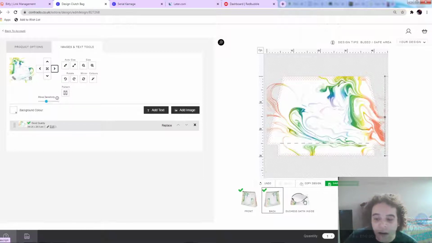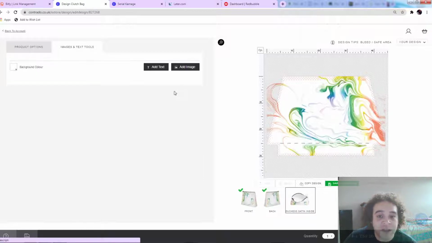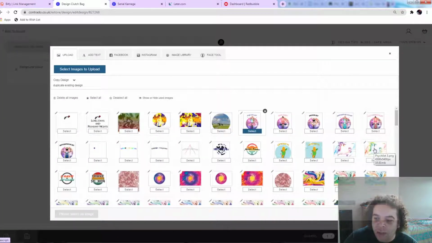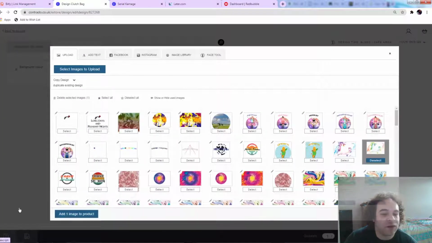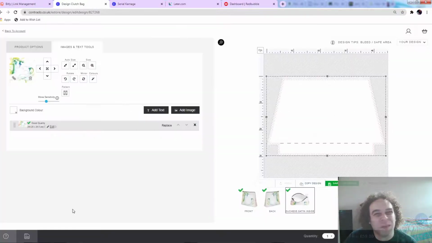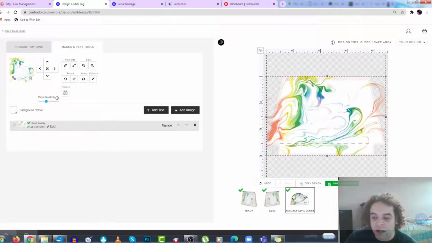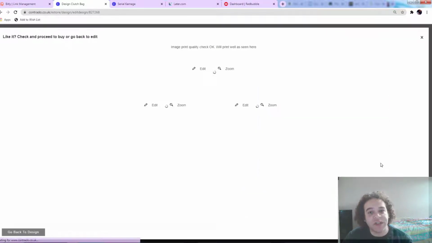And with the clutch bag, there's also the satin inside that you can colour as well, so I tend to put the pattern on the inside, just to give a bit of value for money. So you don't want them to just have a plain inside, they can have a coloured inside, and I don't tend to reverse or mirror that image. I just keep it the same. So again, we just preview and save,